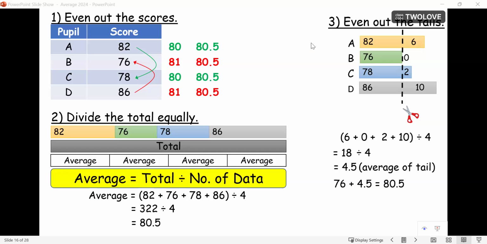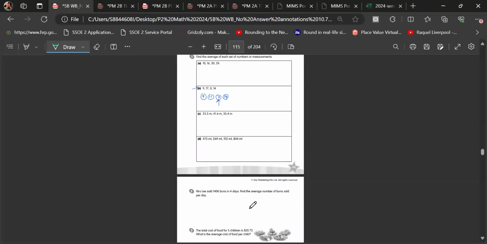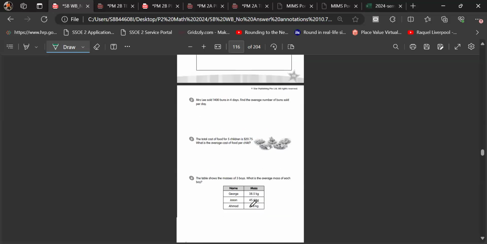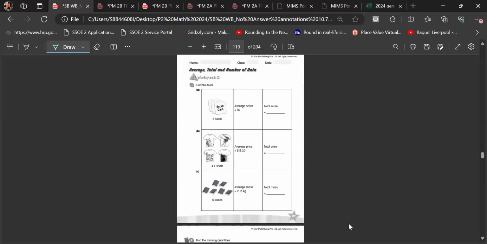So we should have almost completed the previous set, which is this one here. The previous set has the last page on page 118. So make sure you spend some time here to make sure you completed the whole set. Now I've given you a new set on average, total, and number of data on page 119. So for this one, I will want to share with you